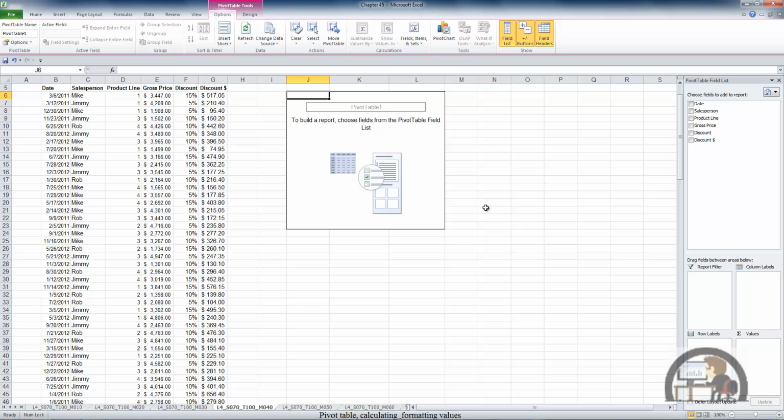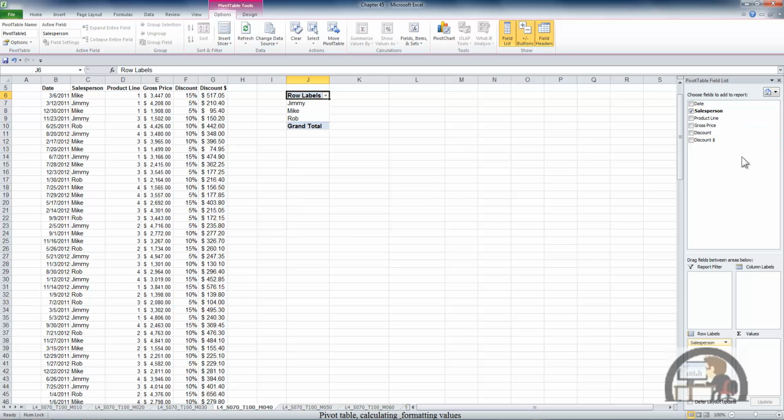Left-clicking OK. So we've covered a couple of different ways to get fields down to the drop-down zones, but there is yet one more, and that's right-clicking the field in the field list and then left-clicking where you want it to drop down to. And of course we can check the checkbox, and for values they'll be dropped down to the values drop-down zone. And again, I can check and create two sums of those values, the gross price and